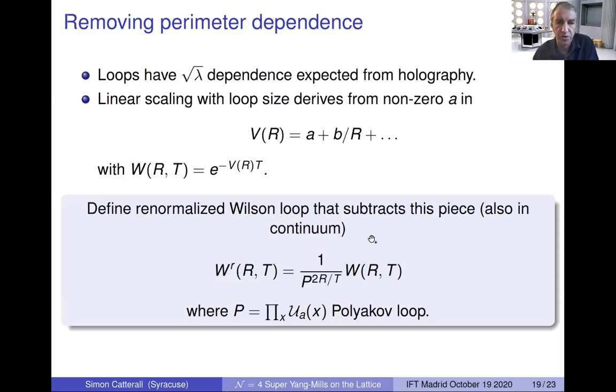With the kind of limited data we have right now, the best way we can subtract this piece is to renormalize our Wilson loops by dividing by a power of the Polyakov loop. So we just measure the Polyakov loop and divide that out. That has the same linear dependence, at least naively. And so we can try to subtract it by forming this ratio, depending on the loop size. When I do that,